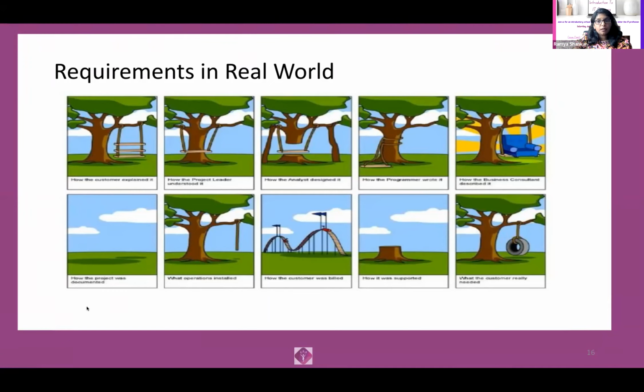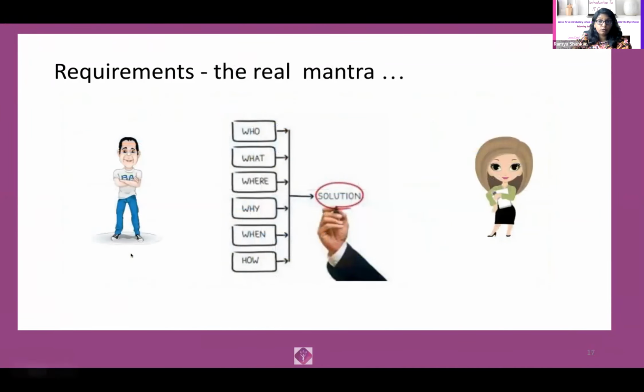So the business analyst is someone who drives this requirement in such a way that a stakeholder is pleased and the technical development also can deliver. So this is the crucial skill that is involved where you communicate back and forth and negotiate. Now, what is the real mantra to do it? Whenever you are brought a problem, you ask who, what, where, why, when, how, and see if you can lead to a solution, right? As women, we are all good at this, and we pretty much do this daily in everything we do, asking questions, using an analytical brain, and reaching a solution. Moving on,